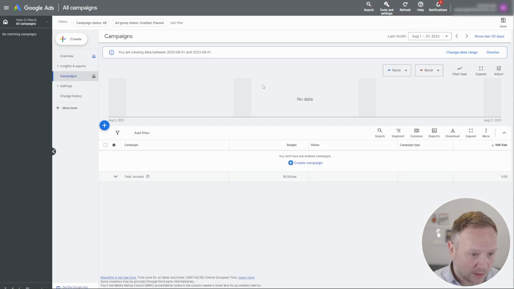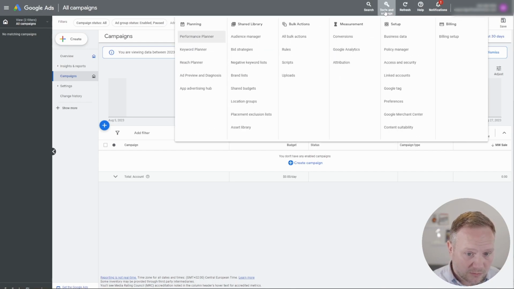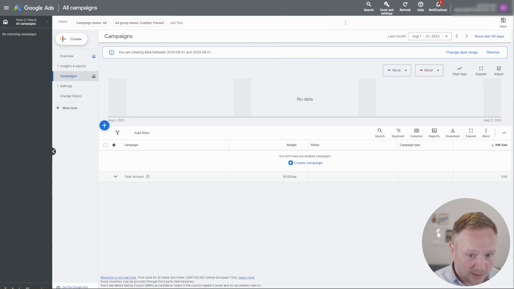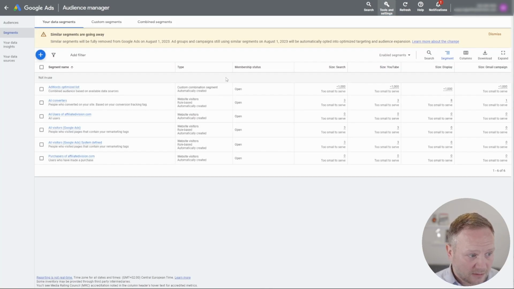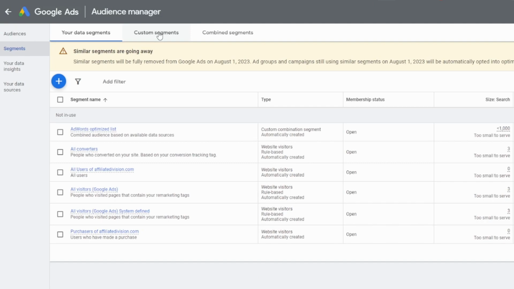So I'm going to open one of my test accounts here. And there are different ways you can prepare the custom segments. One easy way is just to go into tools and settings. I'm in the old view. If you have the new, just switch to this view if you like this better. I do. So go to audience manager, find the audience manager, and then what you can do here is create